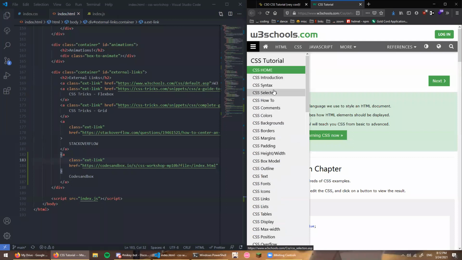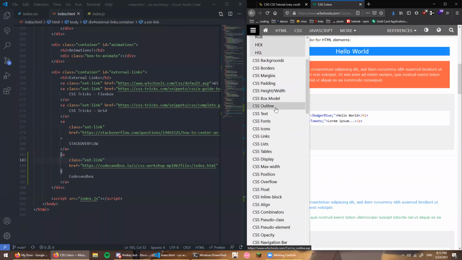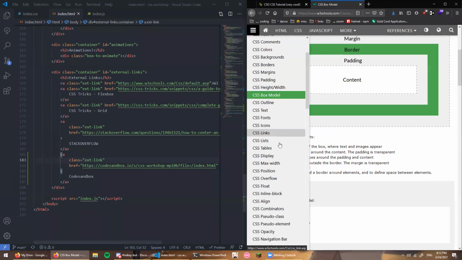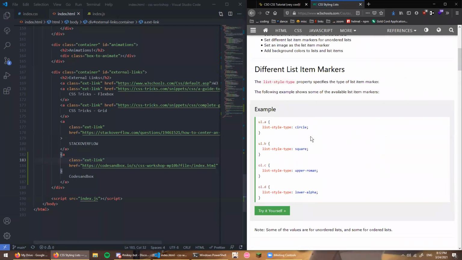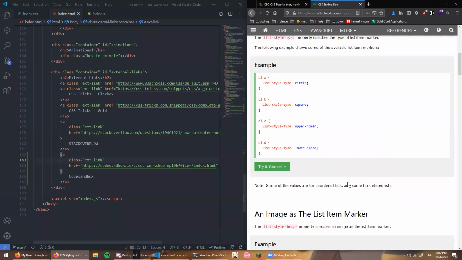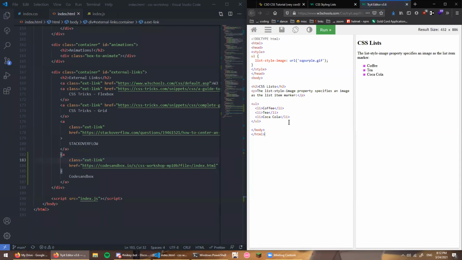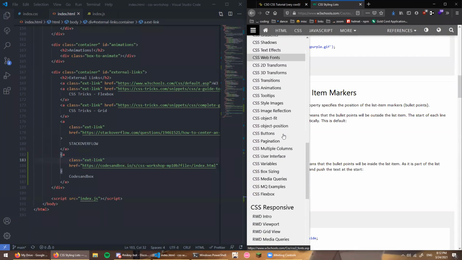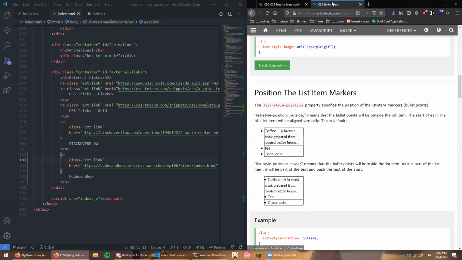Everything from just the basic syntax, selectors, to colors, to like, it explains the box model. Of course. It has, let's say you want to format lists, right? I didn't go over that, but you can format lists, and it'll explain these, it'll show code examples, and you can even try it yourself, or it gives you like this little code editor, which I think is really cool. It goes really in depth. Anyway, so that's a really good